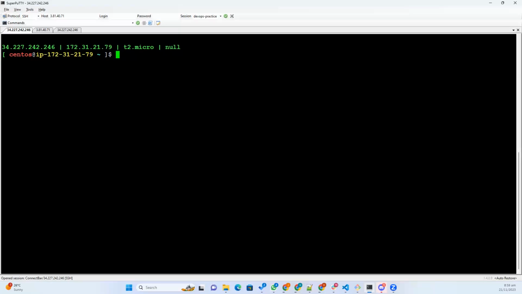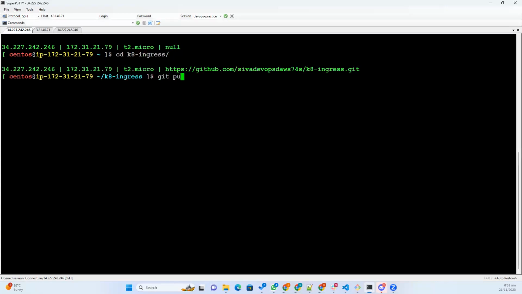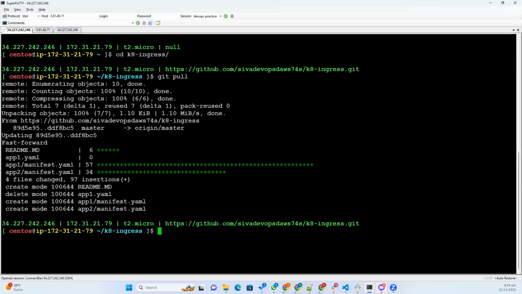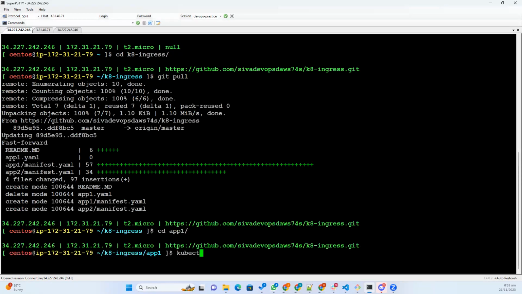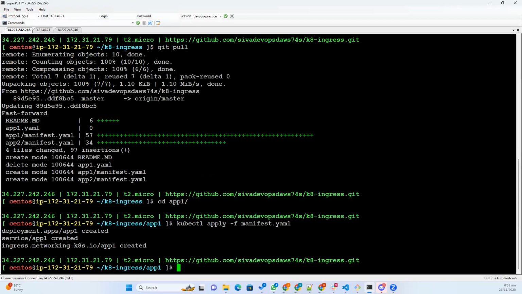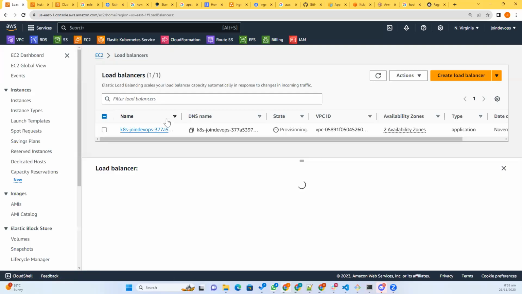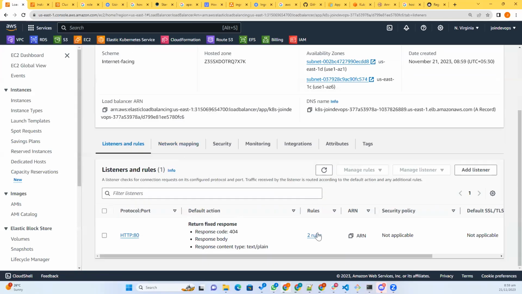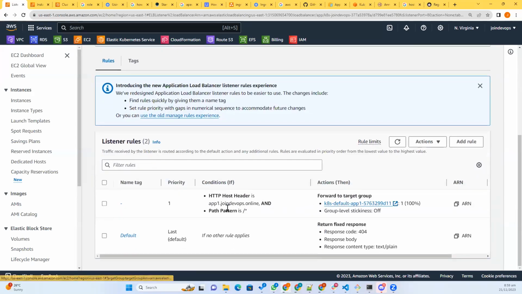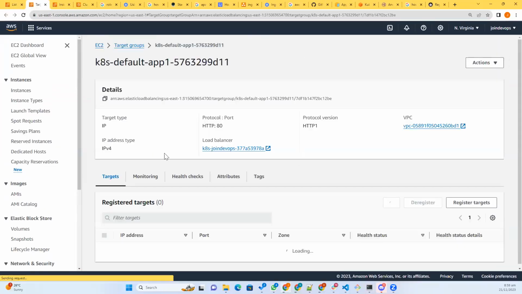Now push, and pull on the K8s ingress repo. So cd app1, kubectl apply -f manifest. So now it is saying created. If it is successful, then you can come here and see the load balancer is provisioning, and it will have two rules. So one rule: if there is something called app1.joindevops.online, forward this to this target group, and then